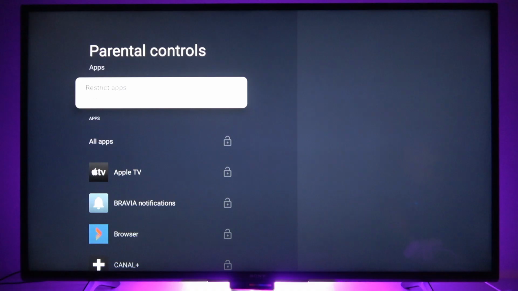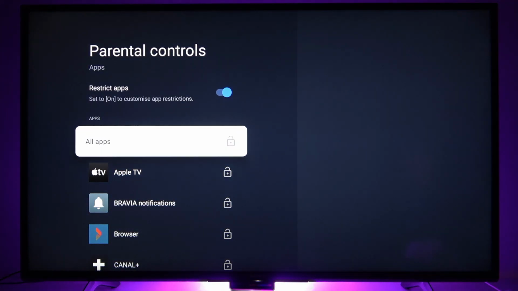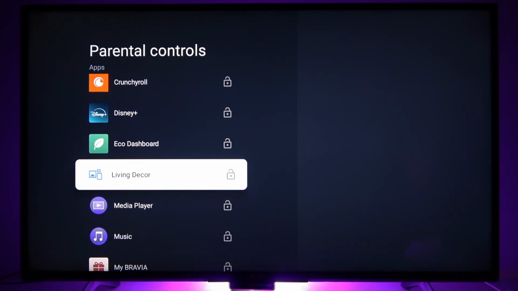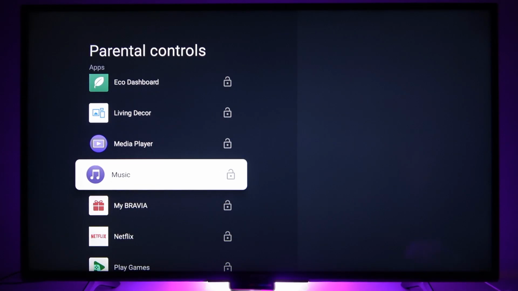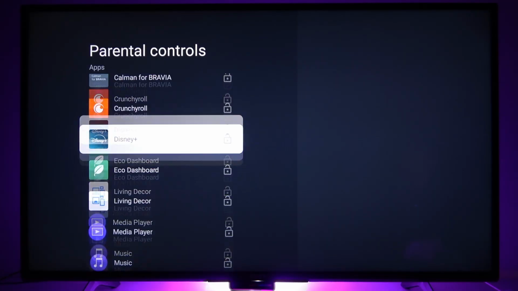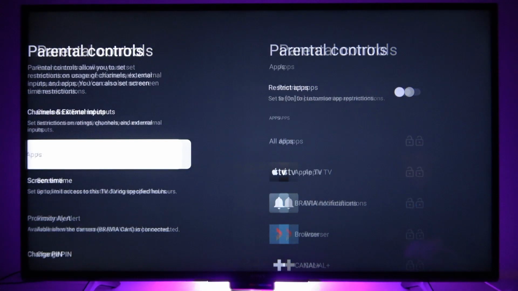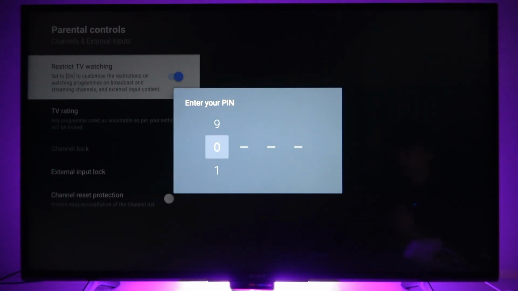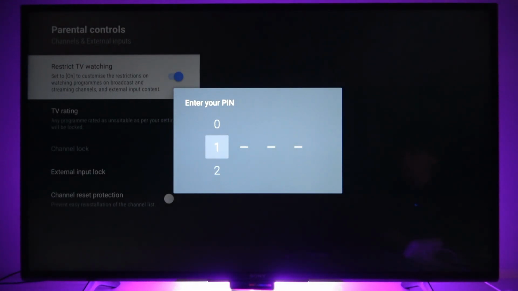press OK, and then switch the toggle to the right, and to lock some specific application just find it on the list and click OK on it, and this app will be locked and will require a PIN code to open it. Now, in case of inputs, go to channels and external inputs, enter your PIN code once again,